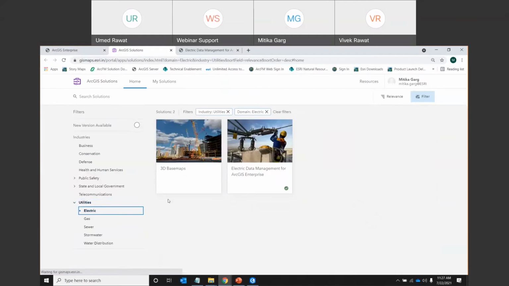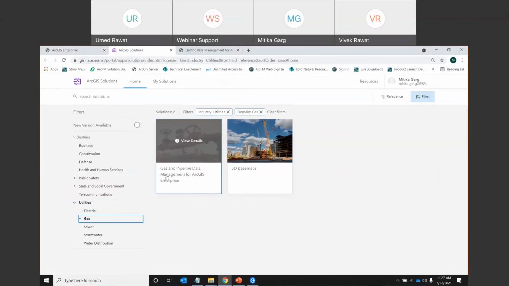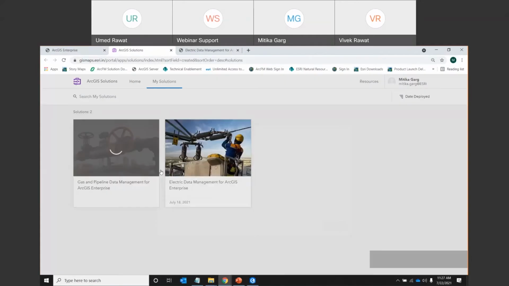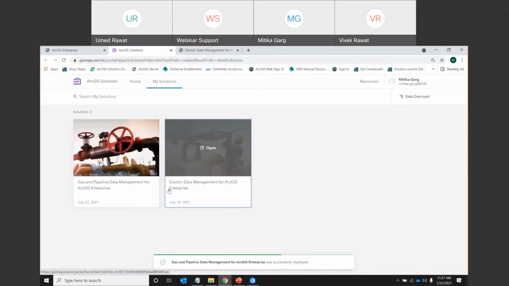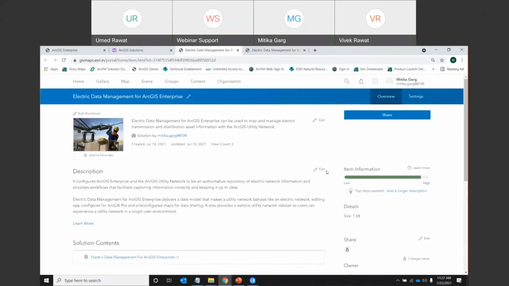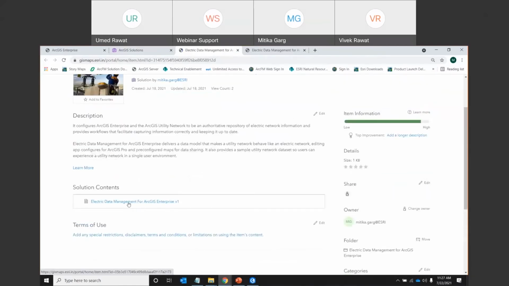So you can see the electric data management for enterprise, or gas. So gas data management. When I click details view, it will give me a Get Now. When I click on Get Now, it will download. Okay. Once it downloads, let's see how fast it downloads. I'll show you the example of the electric utility today. So I'll just open this. When you open this electric data management for ArcGIS Enterprise, you can see there's a zip file. You download this zip file. When you download this zip file,